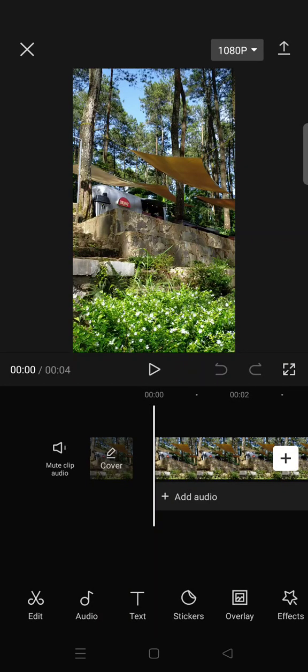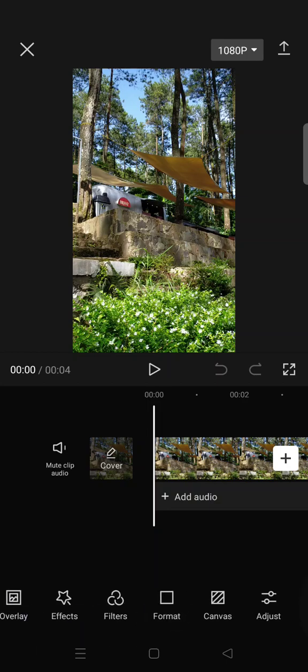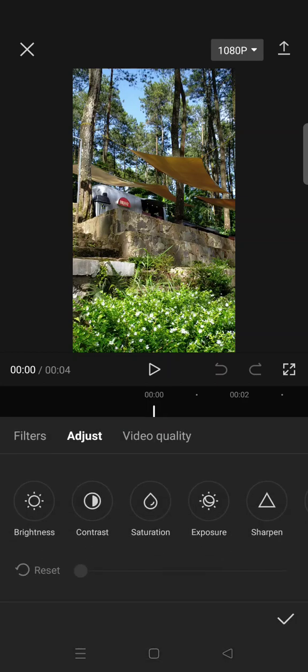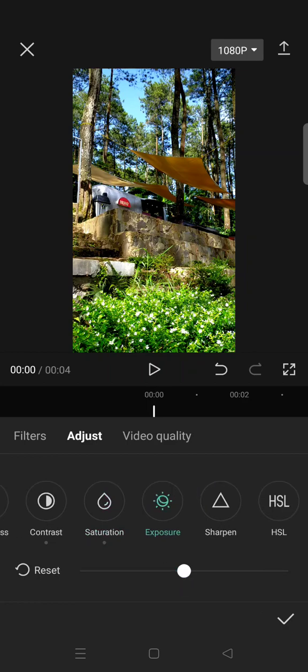On today's video, I'm gonna show you how you can make an aesthetic color mood video. So here, import your video to CapCut and then go to adjust, then follow these steps. So first, adjust the contrast into 20 and then saturation into 15, sorry, and then set the exposure into -5,